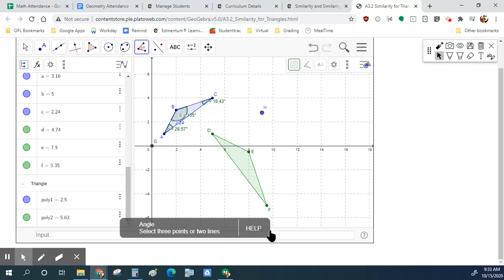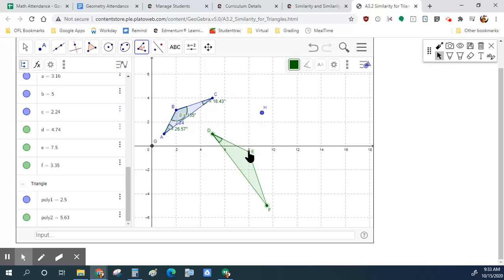All right, I want angle D, so I want to go counterclockwise. So I'm going to go from F to E, F, E, E. Now I'm going to want to do angle E, so I want to go counterclockwise. So from D to F, D, E, F. Now I want to do F. I want to go counterclockwise. So from E to D. So E, F,